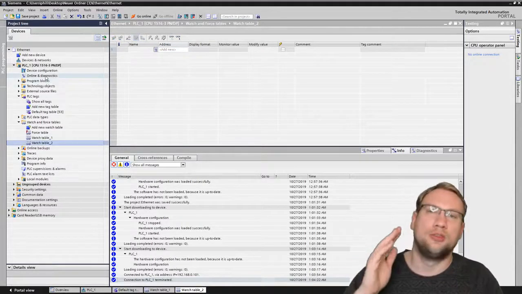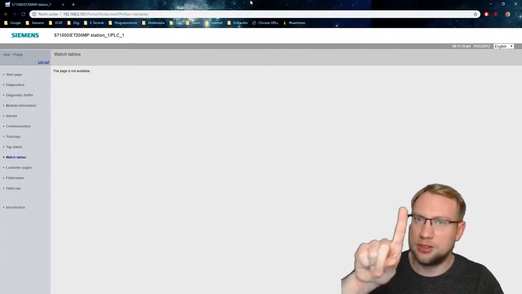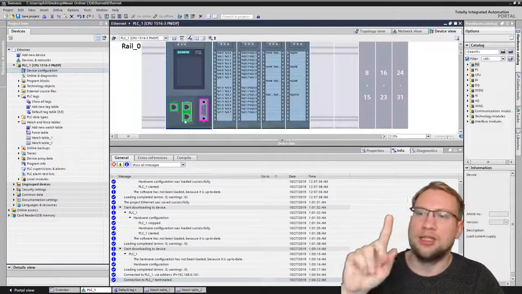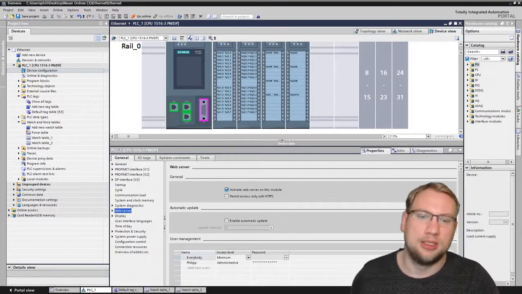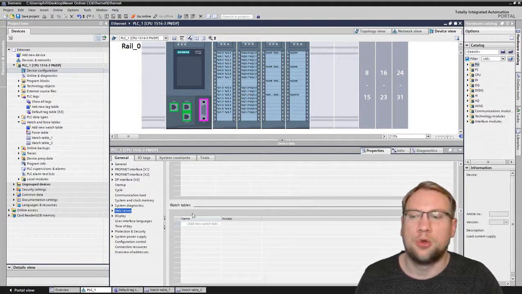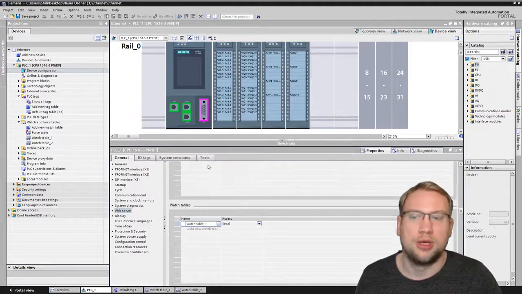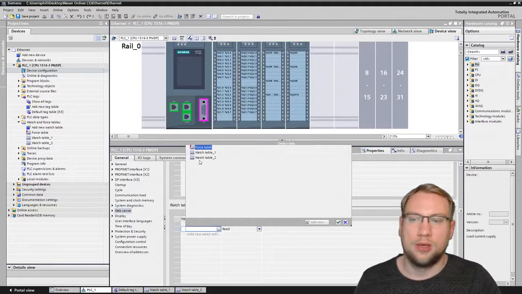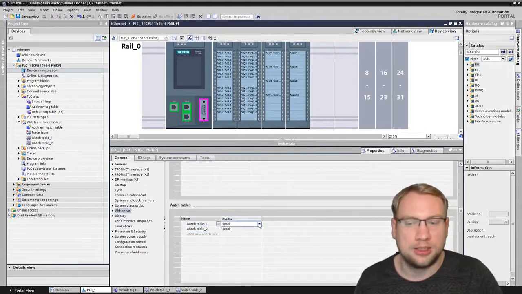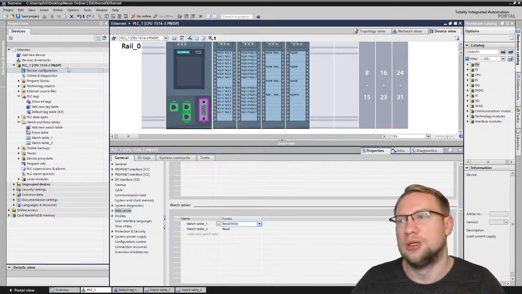The only thing that I need to do before I can check them here is, of course, download. But one more thing. I need to activate on the PLC here which watch table in the list down here should be available for the user. Watch table 1. I can also use the force table, of course, and watch table 2. What should be the access? Watch table 1, I want to read and write. Watch table 2, maybe I just want to read. If I download now,